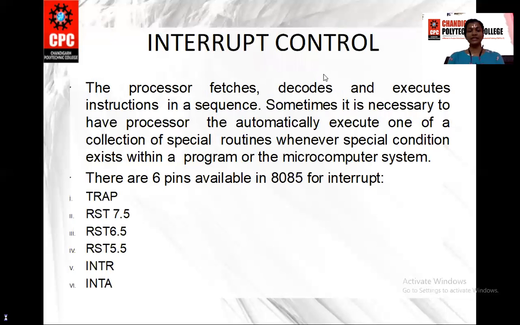Next is your interrupt control. There is a block on the top of the block diagram that is interrupt control. First of all, what is an interrupt? Interrupt means, you can say in Hindi, rukawat or badha. That means if you are processing some instruction and you get a request from another instruction, that instruction may have the highest priority. So what you do, you stop your instruction, you pause your instruction at that point and give the control of the devices to that instruction so that it can be performed. And after performing that interrupted instruction, you resume your instruction.